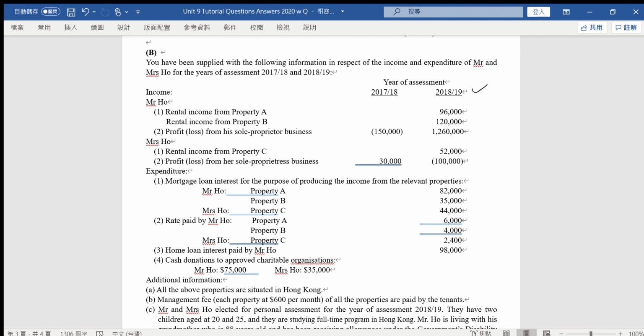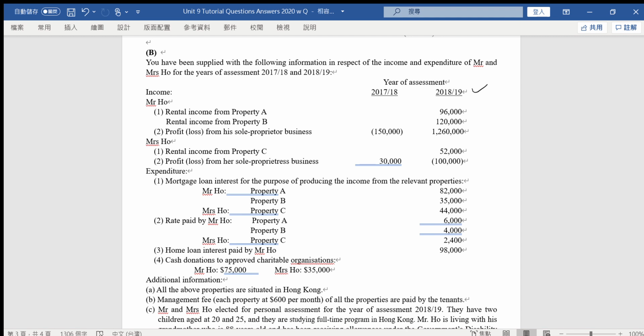Okay, for this one, it lets you know that Mr. Ho has rental income from properties A and B, and also he runs his sole proprietorship business. And Mrs. Ho also has property rental income, property C, and also runs a sole proprietorship business, but it incurred a loss in this year. In the previous year, you have a profit, which is different to Mr. Ho. Then the expenditures, there will be the mortgage loan related to A, B, C, these three, and the amount,